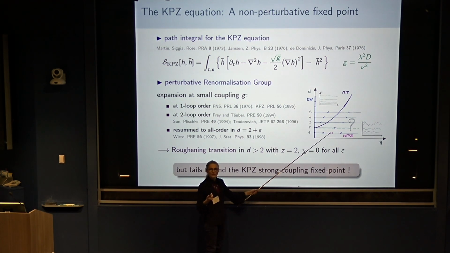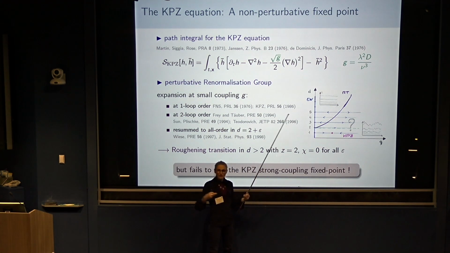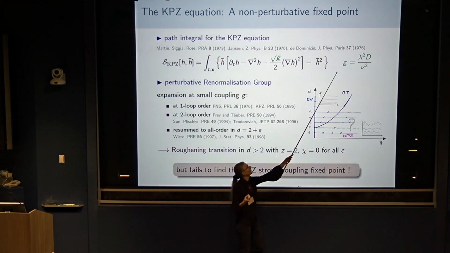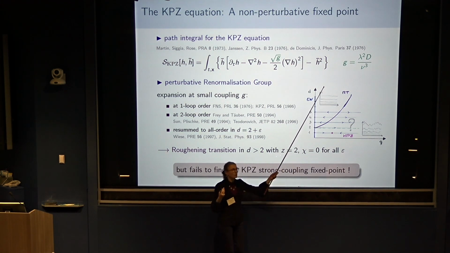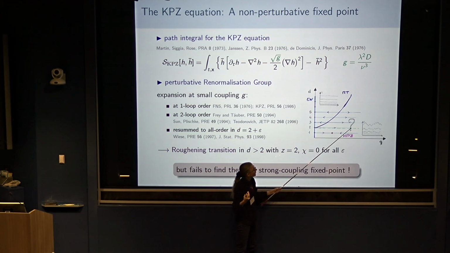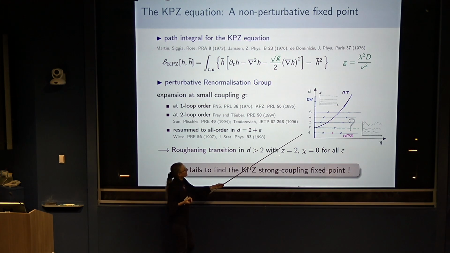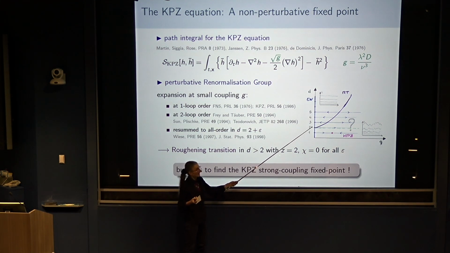So this graph is a scheme of the phase diagram as a function of the dimension and the effective nonlinearity. So below 2, the interface always becomes rough. But from D equals 2 and above, you have what is called a roughening transition. So depending on your initial nonlinearity, if it's too weak, your interface will remain smooth, described by the Edwards-Wilkinson diffusive equation. And above this, you will go into the KPZ rough phase. So if you want to describe that, you have a natural epsilon this time, which is the distance to this lower critical dimension.